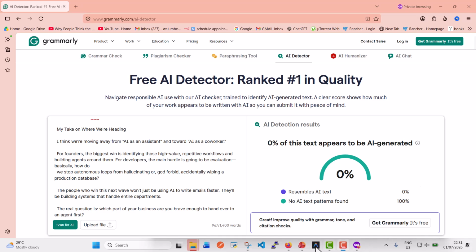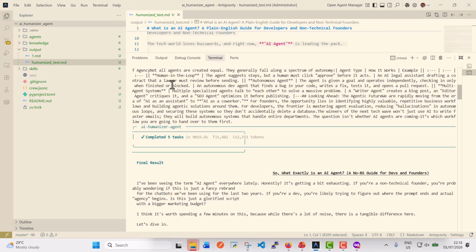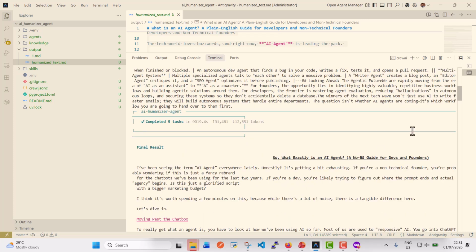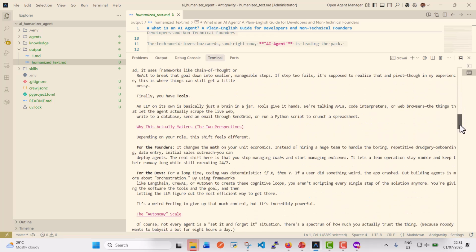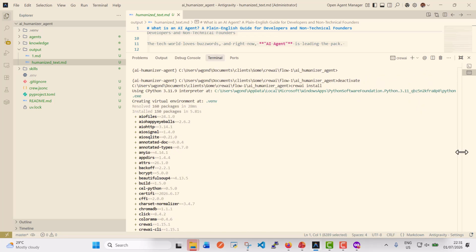I'm going to go back to my IDE right here. And for you to get started with this project, you have to do a number of things. The first one is I'm going to share this on GitHub. So the link should be in the description below. You're going to clone that project. Once you've cloned that project, you're going to do a number of things. The first thing that you're going to do is run